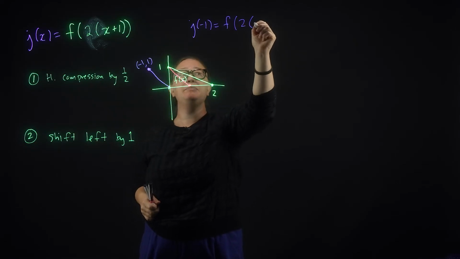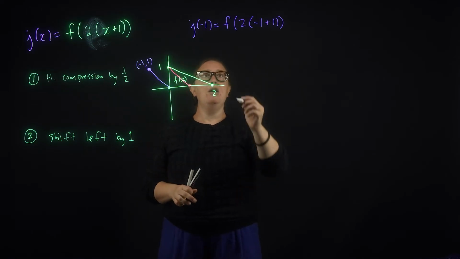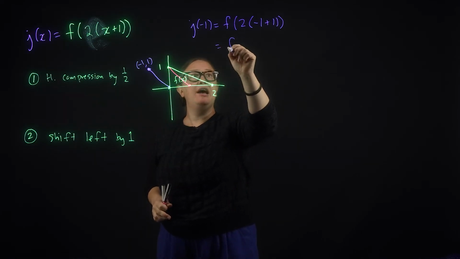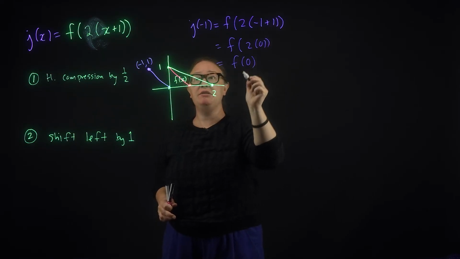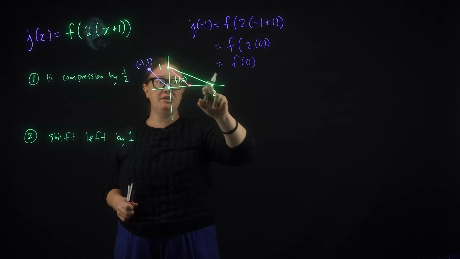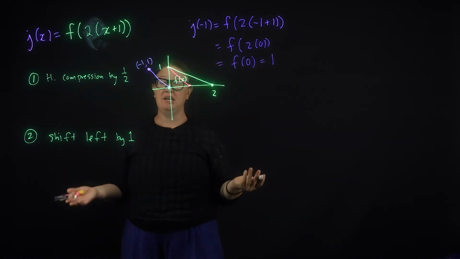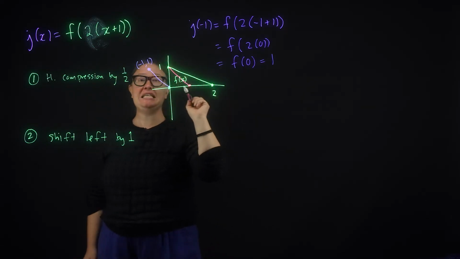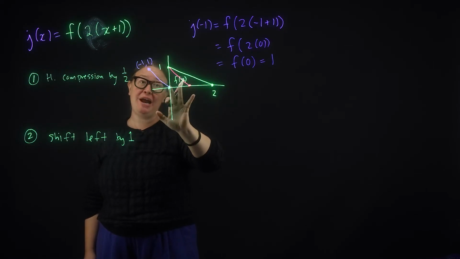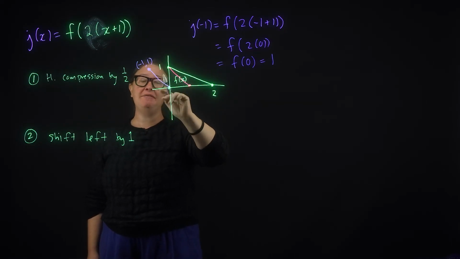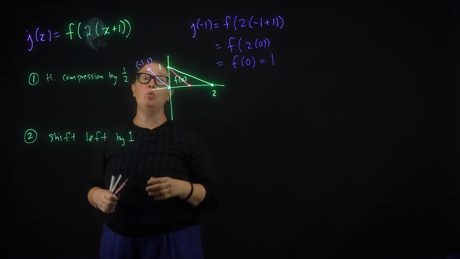F of 2 times -1 plus 1, which is F of 2 times 0, which is F of 0. My original function F is here in neon green. F of 0 is 1. Ta-da! So what I see is, indeed, I carried out these transformations that I thought were happening. I carried them out graphically and then used this point to check that what I thought was happening did indeed